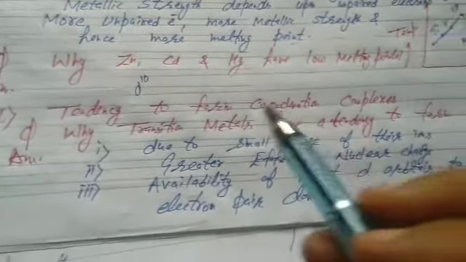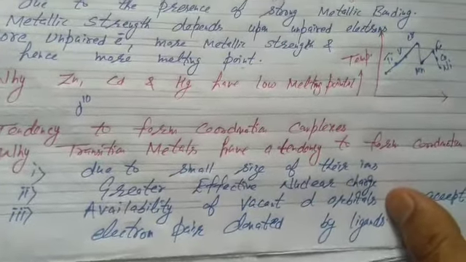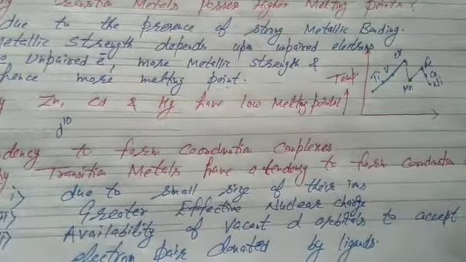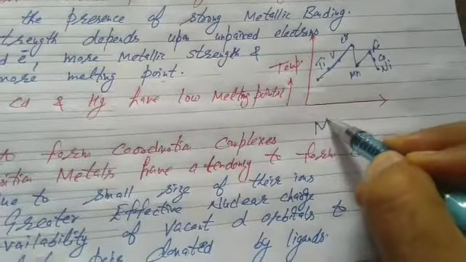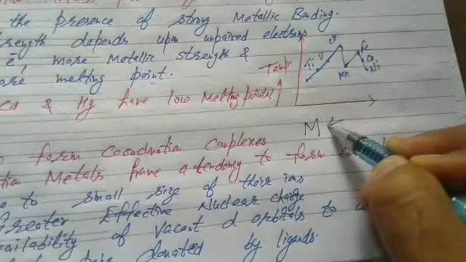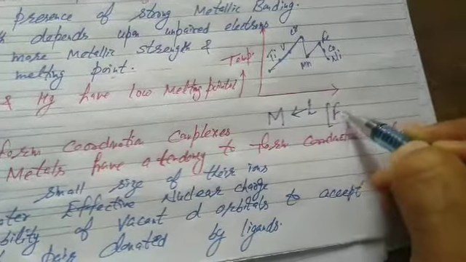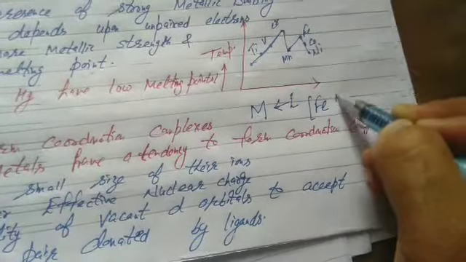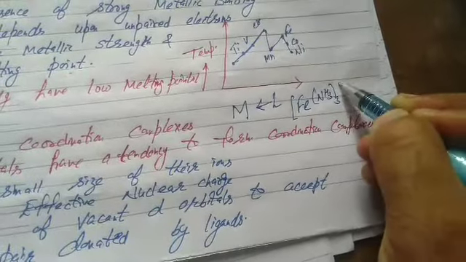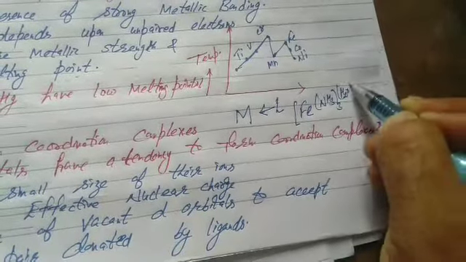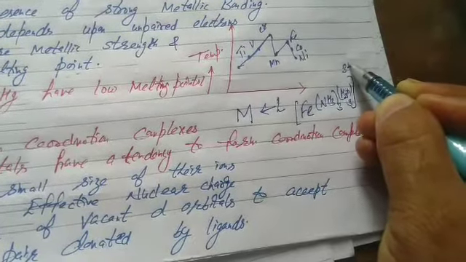After this, the next property is tendency to form coordination complexes. We will study the concept of coordination compounds in a separate chapter, that is coordination chemistry. In coordination complexes, what will happen? Ligands donate electrons to metal ion and form coordinate bond. But the question is, in coordination complexes, the metal ion is always transition metal. That's the one example, NH3. The main identification of coordination complexes is they are in square bracket.